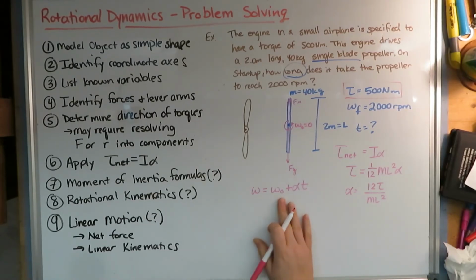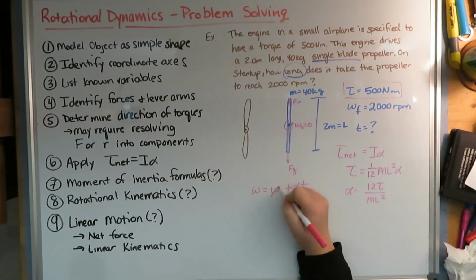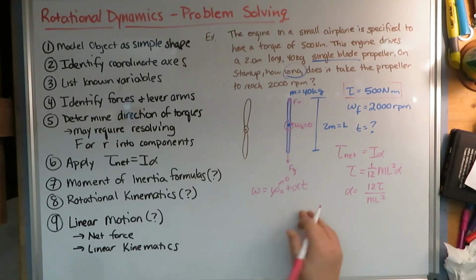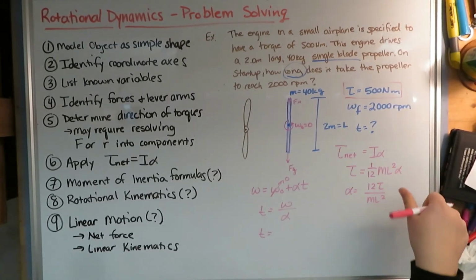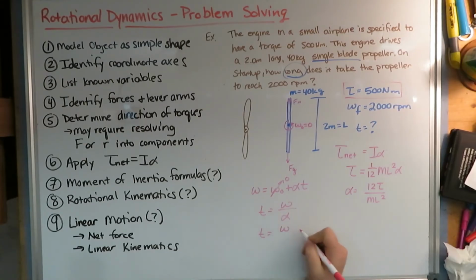So I'm looking for time. Omega 0 is 0. So if I solve for time, I get time is going to be omega over alpha. So if I sub in for omega over alpha, that's going to basically flip this over. So I'm going to get omega times ml squared over 12 times the torque. And I'm going to call that omega F because that's what I defined it up here. So if I plug in, I'm going to end up with a